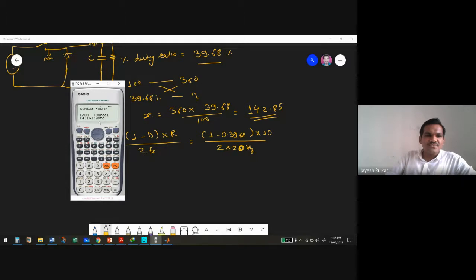Let's go to, it's like L minimum equals (1 minus D), minus 0.3968 multiplied by R. What we can do is we can take it,